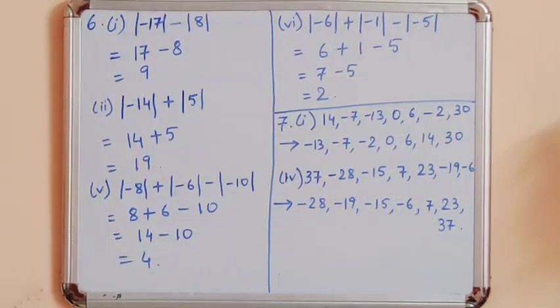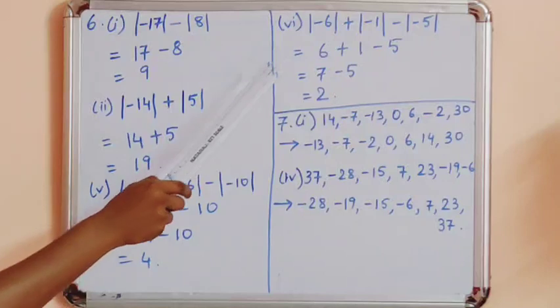See, again I am repeating this one. Here this is absolute value of minus 8, absolute value of minus 6, and absolute value of minus 10. Absolute value of minus 8 is 8. Absolute value of minus 6 is 6. And absolute value of minus 10 is 10. Because we have to remove this sign in order to find its absolute value. So whatever sign is there in between, we have to put here. So 8 plus 6 minus 10. 8 plus 6 is 14. Now 14 minus 10 is 4.